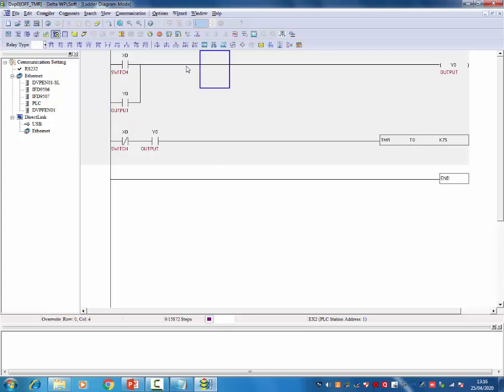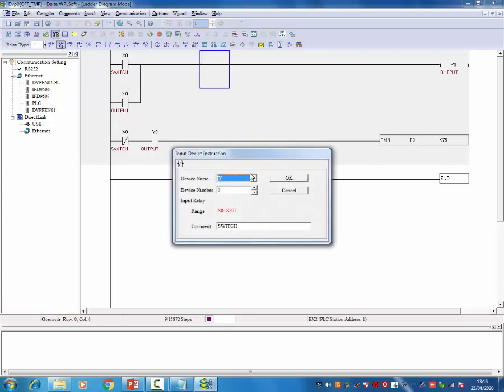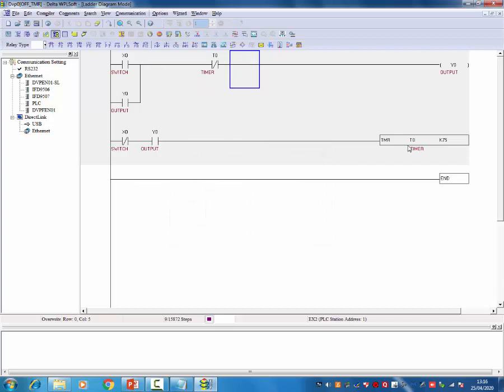I'm giving an NC contact, that is T naught, in the latching condition. When the input push button is on, the output goes on, and in the meantime the timer will be in running condition.